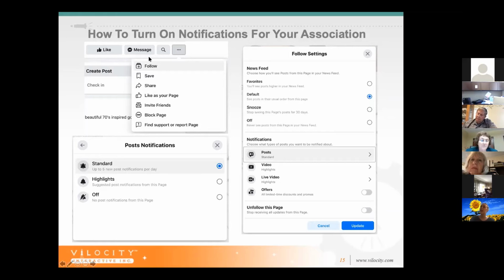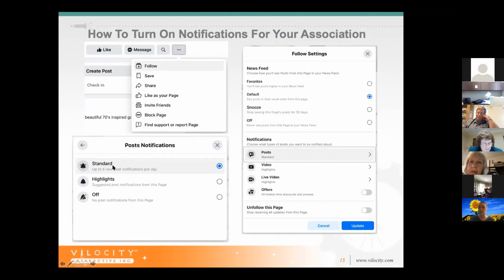And then I have a recommendation that we go to these three dots, the hamburger menu is what I call it. You click on those three dots, it expands, and it gives you a whole new list. And I'm encouraging everybody to follow MRTA. Whenever you click this follow button right here, it opens up a new screen, and what it changes is the